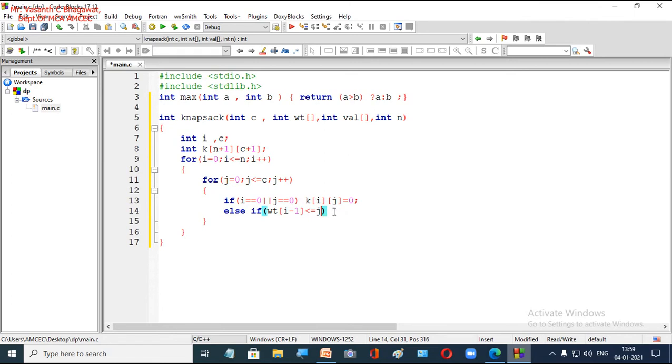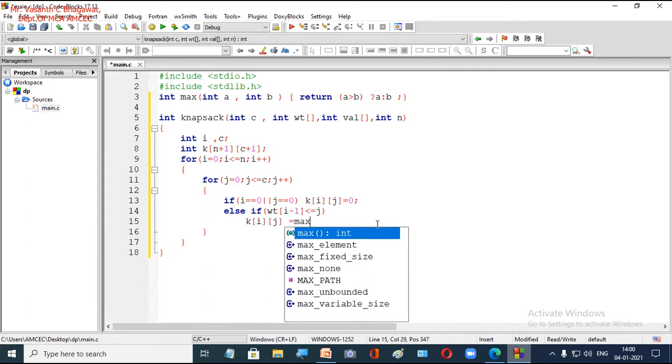Then what will be the resultant value? k of i j is equal to the maximum of